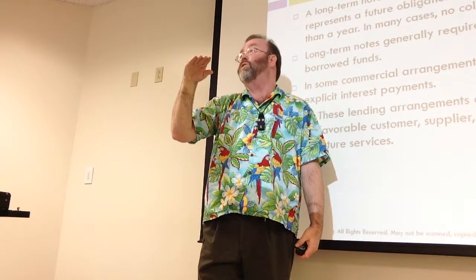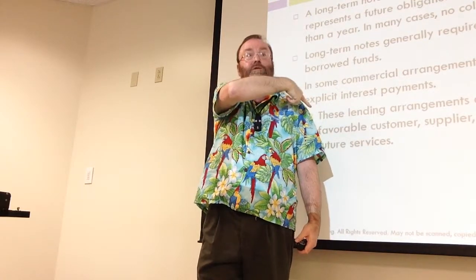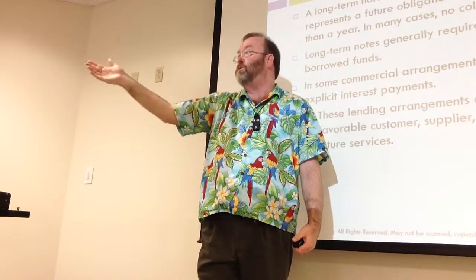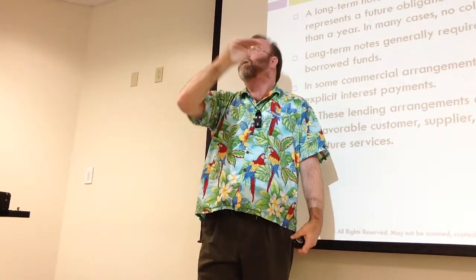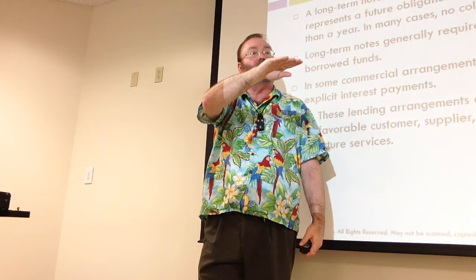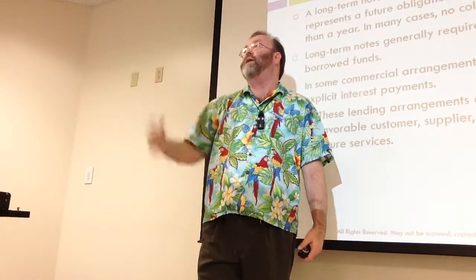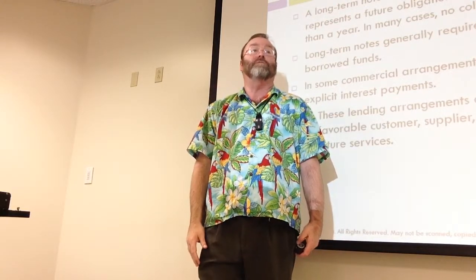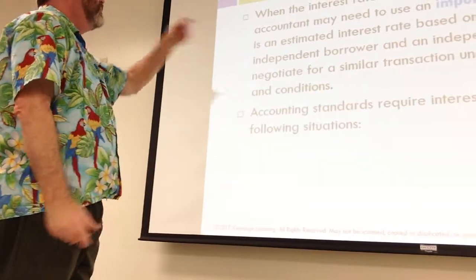Okay? So in those cases, you take the list price of what we're buying, divide it by the face value of the note, and get a factor. Go to the tables, whether it's an annuity where we're going to be making periodic payments, or it's a single payment at some point in the future. Go to the tables, look down to N, depending upon how long the note is outstanding, over to the column where you find the factor, and that is the implied interest. Okay? So, the imputed interest rates.